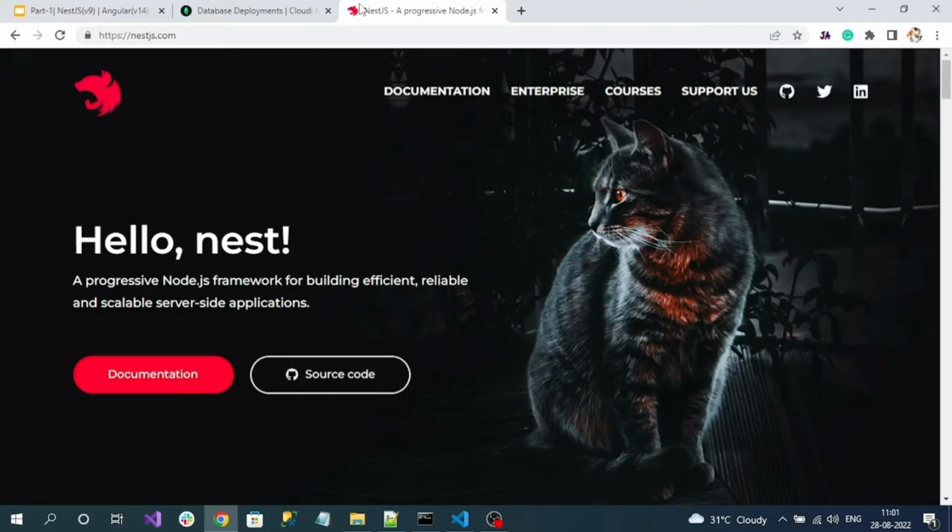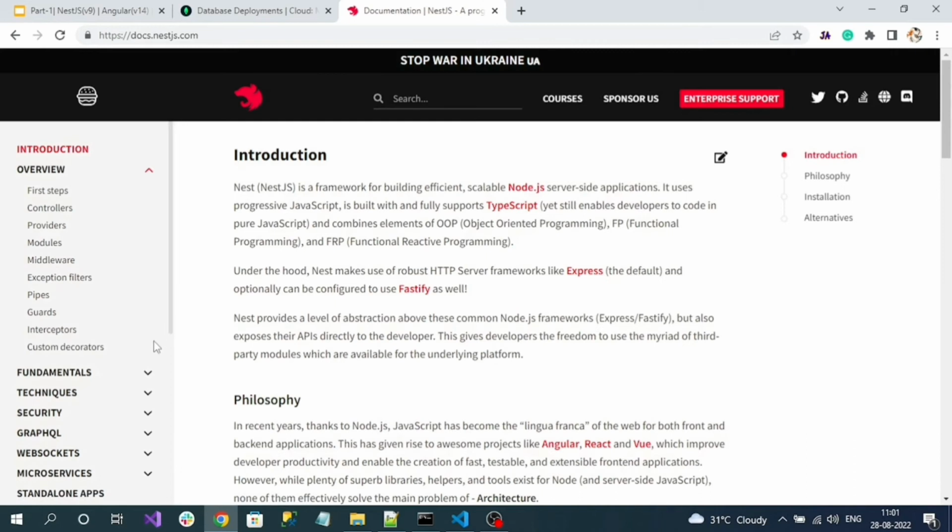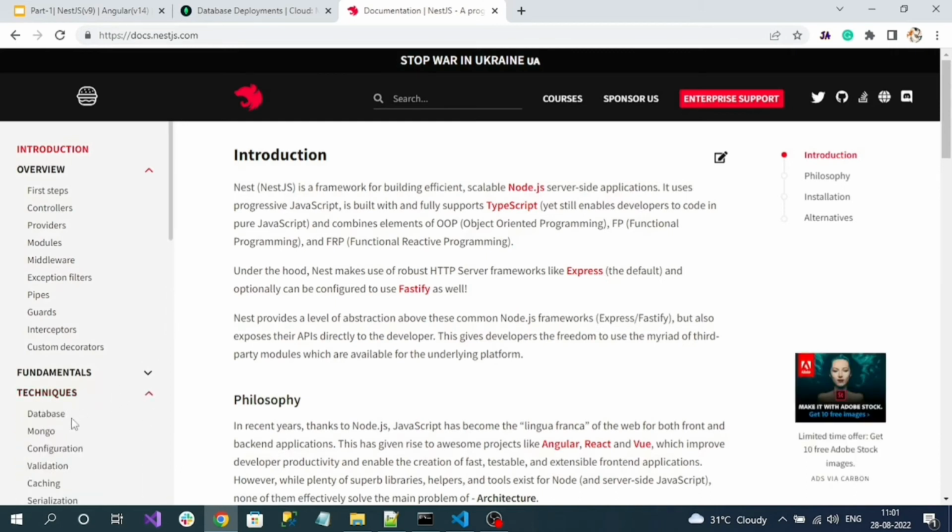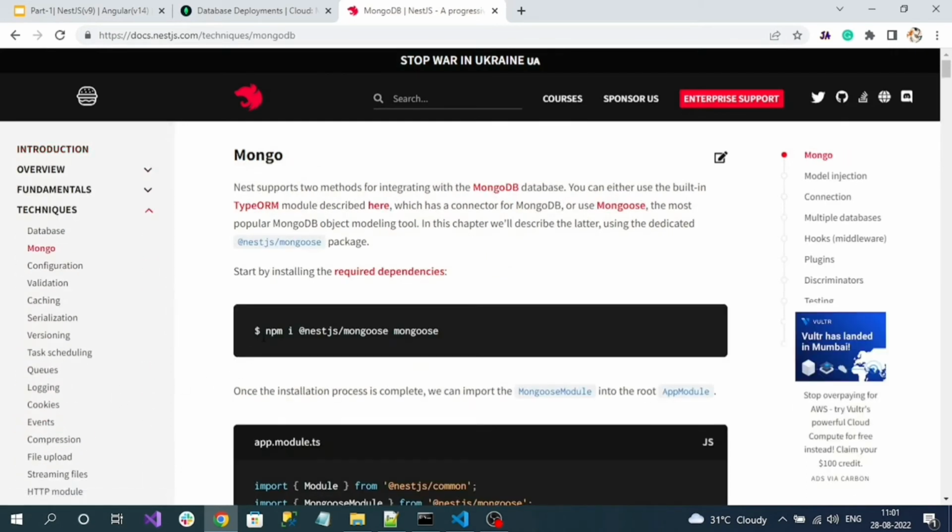Okay, to copy the installation command, you can go to the official documents of the NestJS. Okay, and on left hand side you can see the techniques and go for the MongoDB. And here is the first line that displays to install the NestJS slash mongoose and mongoose, two libraries need to be installed. So copy the command